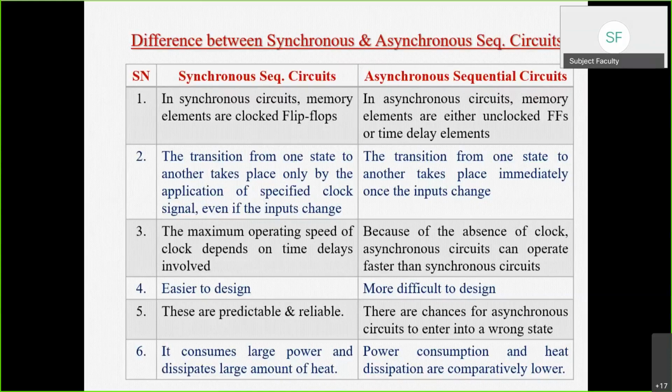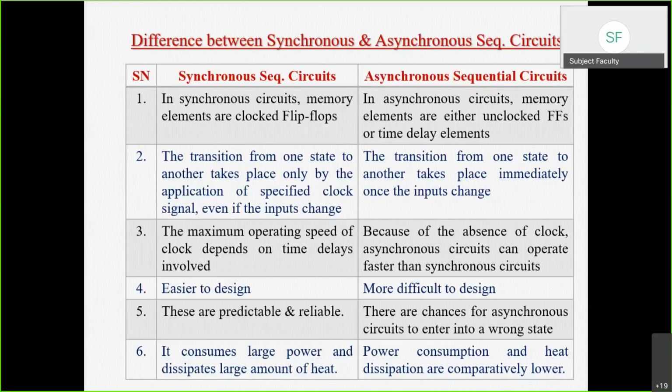Again, what is the main difference between combinational and sequential? In sequential, memory is used. Memory units are required. But in combinational, there is no memory unit. Now we are moving towards the sequential circuits. In your syllabus, sequential circuits will start from flip-flops. So half of unit number 5 and complete unit number 6 will be sequential circuits. So 1.5 units are dedicated to combinational circuits and 1.5 units are dedicated to sequential circuits.